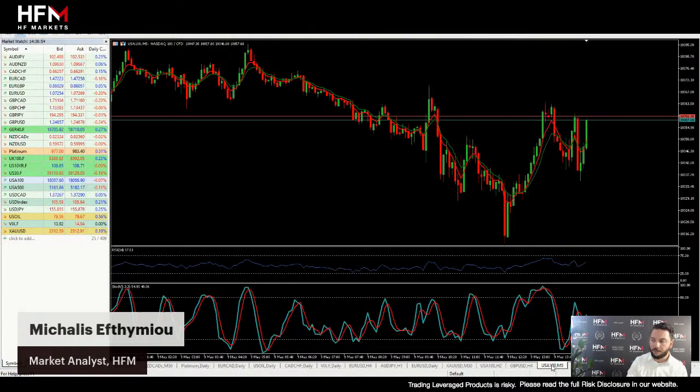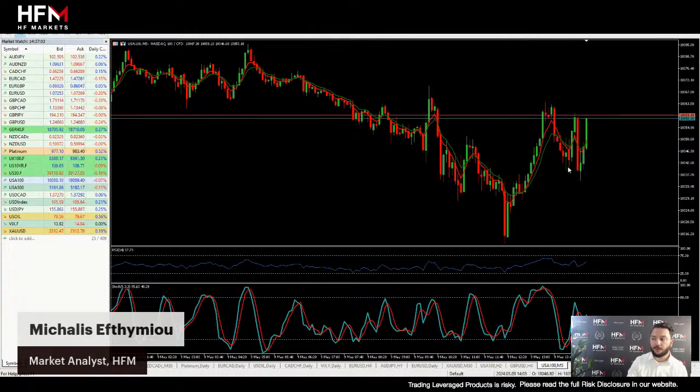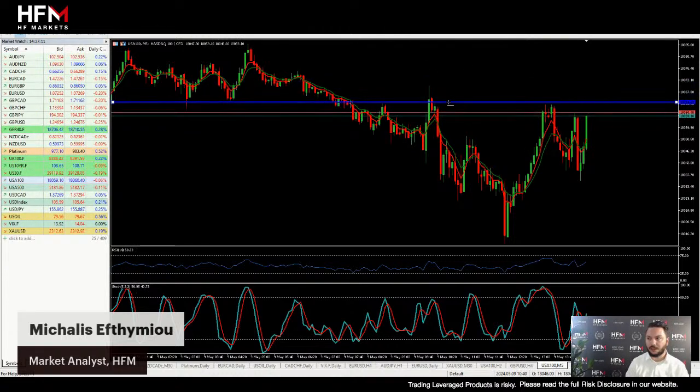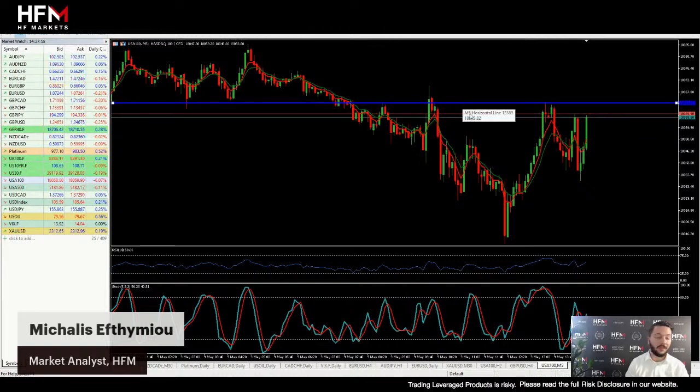Yes, that is true, but we've got a high, a lower high, and we're currently on a lower high as well. And also we've got a lower low and a lower low. So I'm not quite comfortable based on that signal and using Fibonacci. But again, if we're going to cross above this level here, for example, it's a very different scenario. Then we're actually seeing some substantial momentum for us to take into consideration.